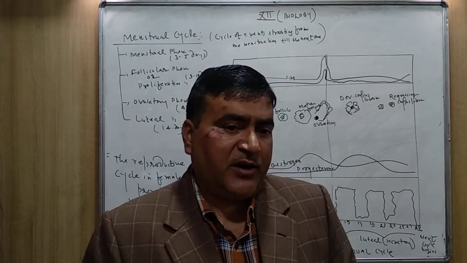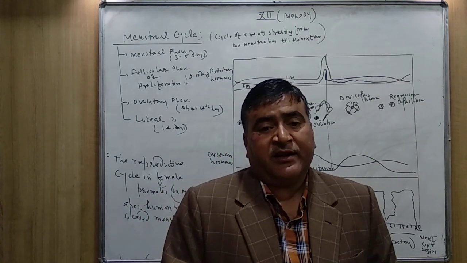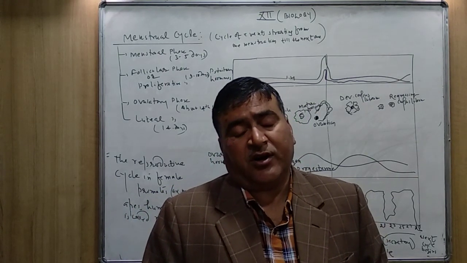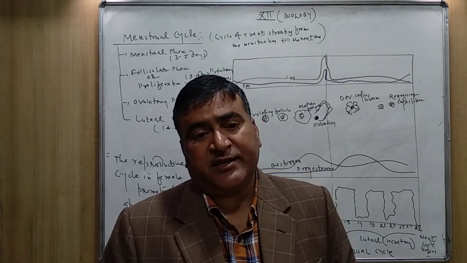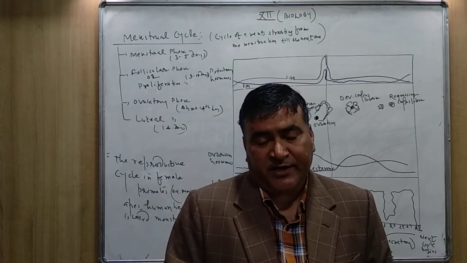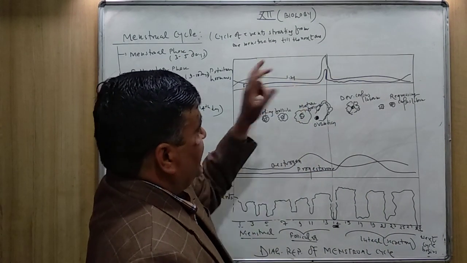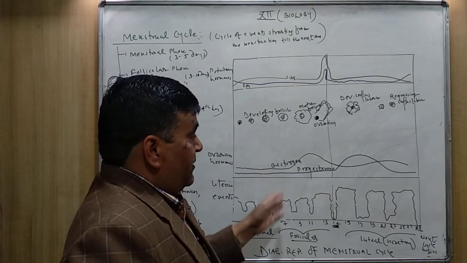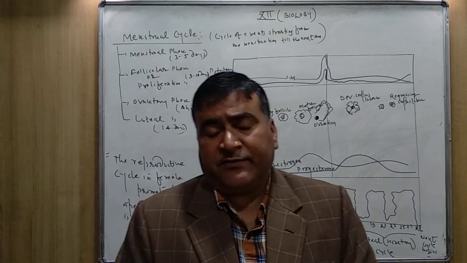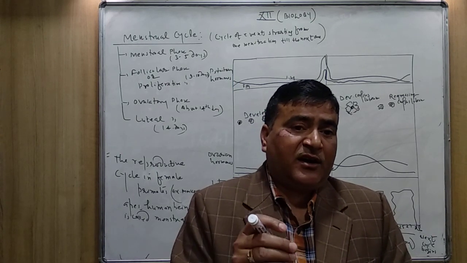So it's very, very important. Sometimes there may be a question: name the hormones which are secreted by the pituitary gland in the follicular phase or proliferative phase. These two hormones are FSH and LH. Now, what is the function of FSH? The follicle stimulating hormone